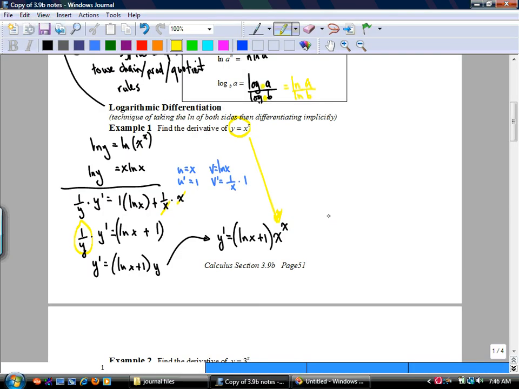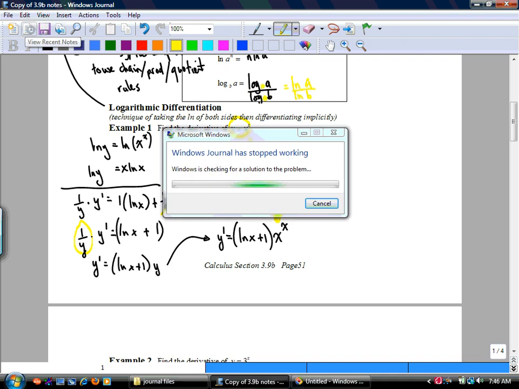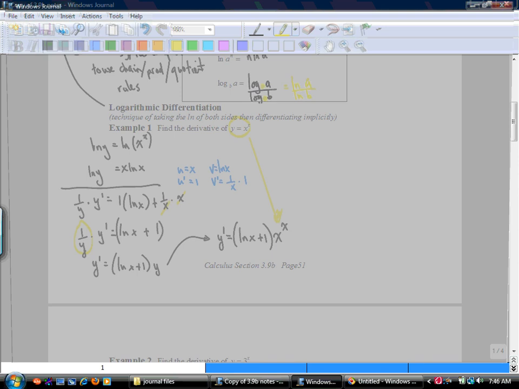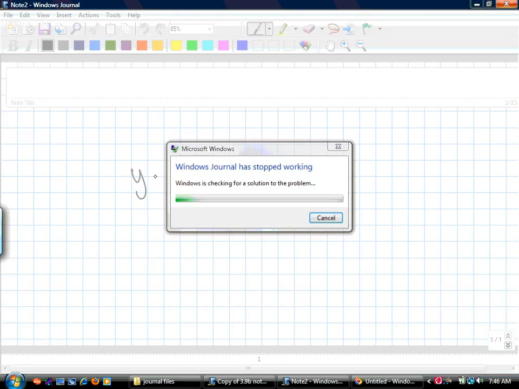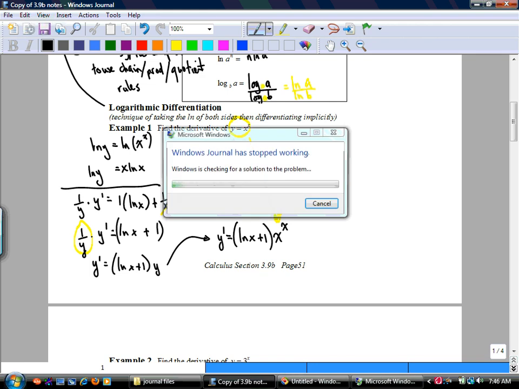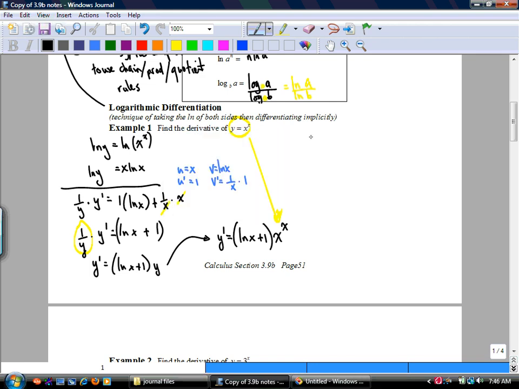What? Why is it doing that? Why are you doing this to me this morning? No, we'll write it right here then. Hopefully it doesn't crash. If you do this, I don't even know how you would do that. Anyways,